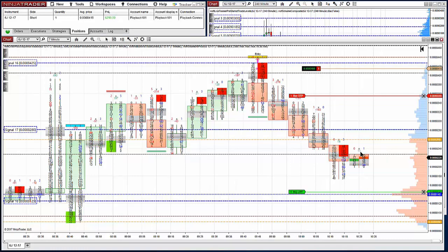Still getting negative. Price is still going down here. Let's see if we can take out this low. Again, there's just no reason to get out of this. Now down here we have a POC. And this is our trade location, it's called a VRL. And this is a potential bounce spot, the POC as a potential bounce spot. So doing pretty good on this trade, so I'm going to probably take the profit, even though it could still